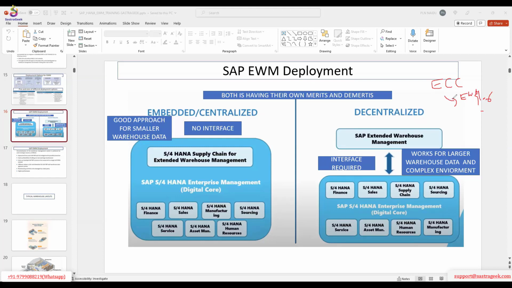So between these, you can set up. There is no embedded there. Everything is decentralized. So same thing: instead of S4, we replace it with the ECC components here. Here also we need an interface required for the EWM 9.6 version. So the concepts remain the same, but at the end of the day,